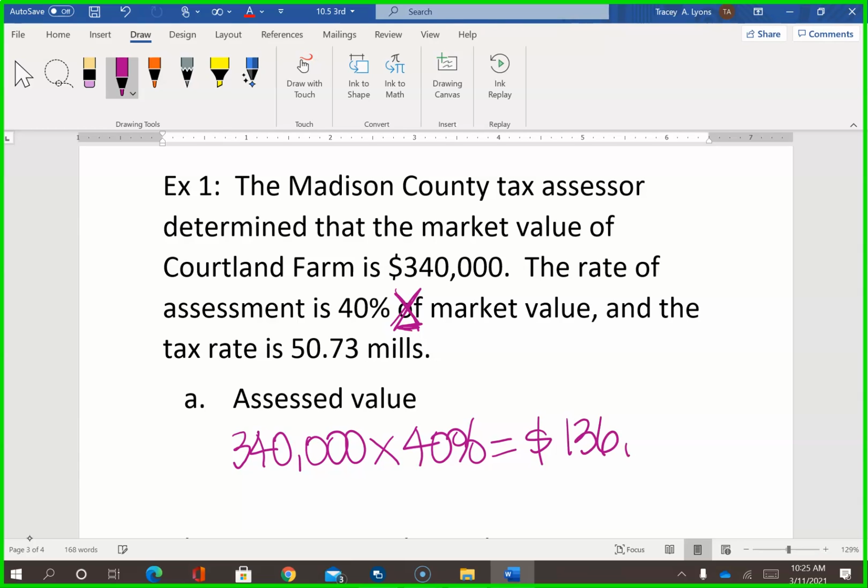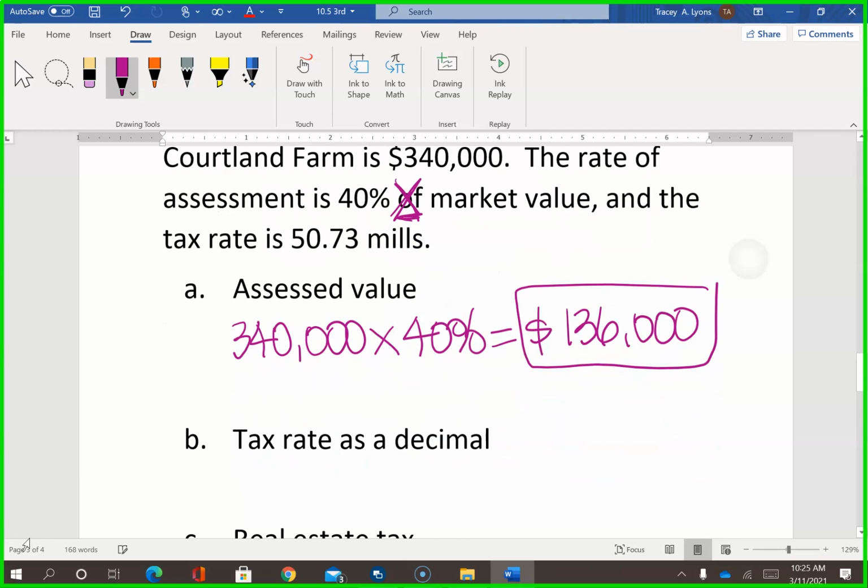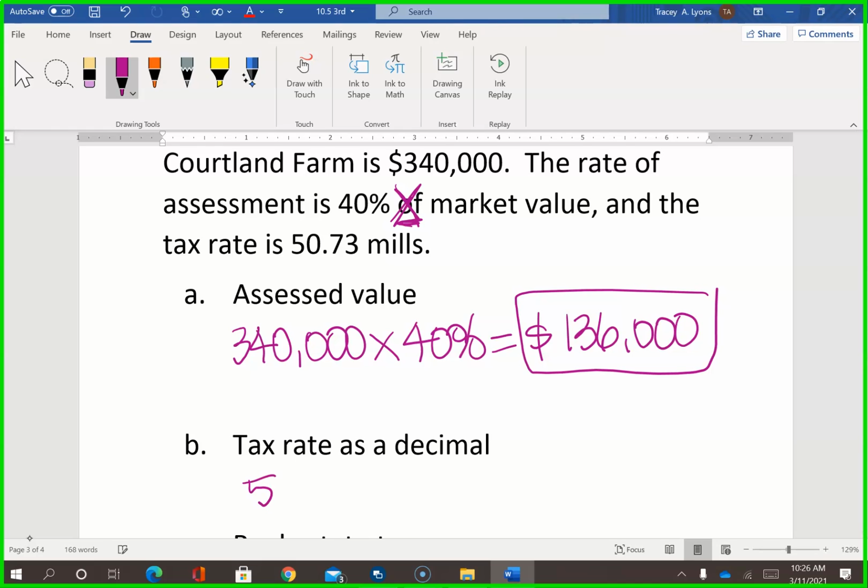$136,000. Second one, the tax rate as a decimal. So that's the 50.73 mills. A mill is 1/1000th. So if you take this number and divide by 1,000, that's what the tax rate as a decimal would be. It moves it to the left 3 places. So this one would be